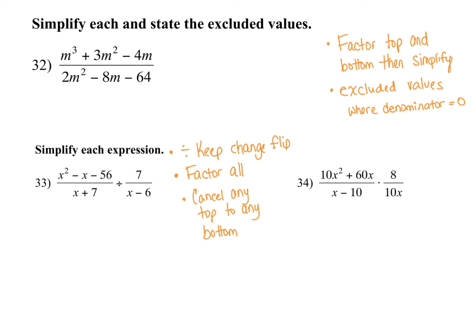So my first step here is factor. You are going to take the common factor out, which is your m. You're going to be left with m squared plus 3m minus 4. So that's factors of 4 that subtract to give you 3. So m plus 4, m minus 1. All right, so that's my factoring on top. On bottom, my common factor is a 2. And I'm left with m squared minus 4m